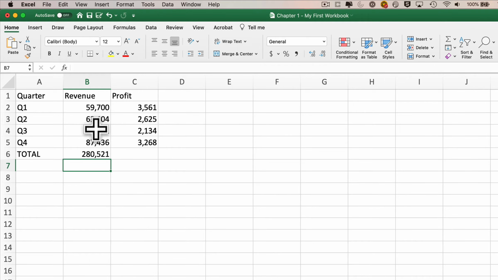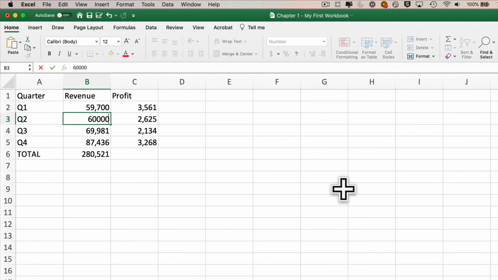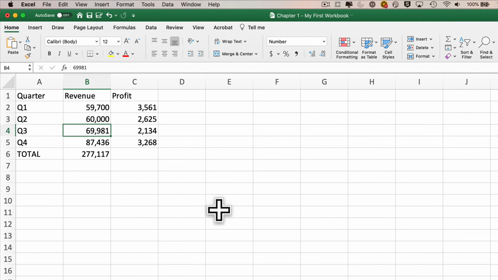Let's see what happens if we go up to cell B3. Now our total is currently 280,521,000,000, but let's change cell B3, that's the Q2 value, to 60 billion. Again, these numbers are in millions, so the number we're typing in is 60,000. Press return and the calculation happens automatically. We see now the revenues are